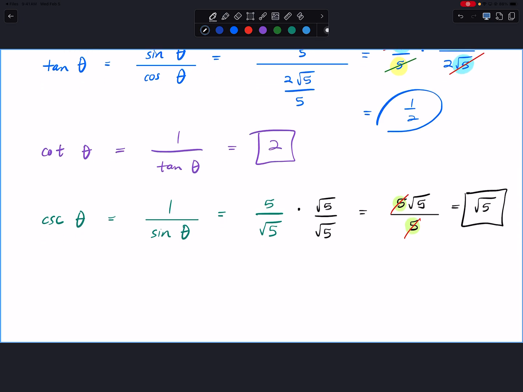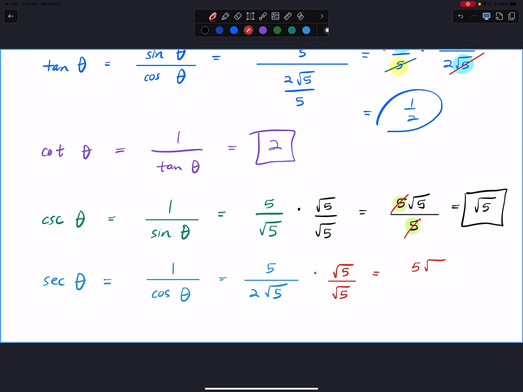All right, secant is a reciprocal of cosine. So it's going to be 5 over 2 square root 5. Now, make your lives easier, guys. What is causing us issues on the bottom, the 2 or the radical? The radical. You don't have to multiply top and bottom by the 2. You just need to multiply top and bottom by the radical to get rid of the radical. So this becomes 5 square root 5 over